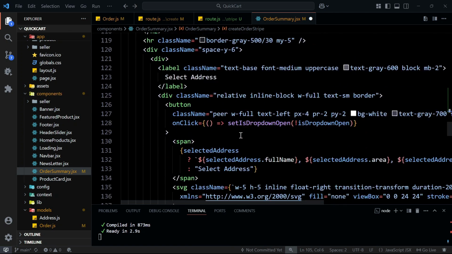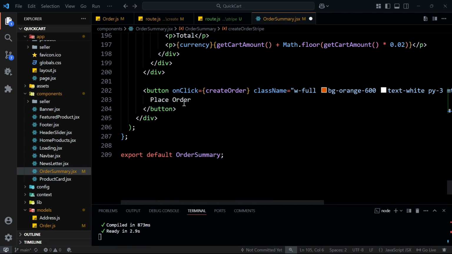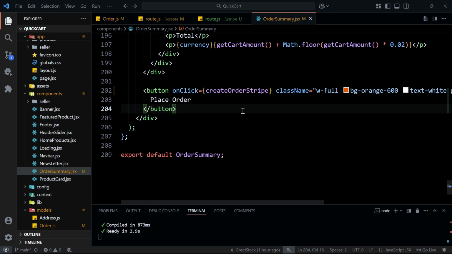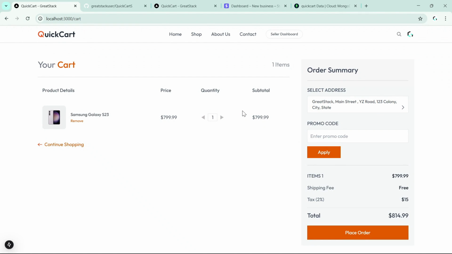After that, we will come to this place order button, and let me replace this createOrder function. It will be the createOrderStripe function. Now save the changes and come back to the web browser. Now if I reload this web page and click on this place order button, so now you can see